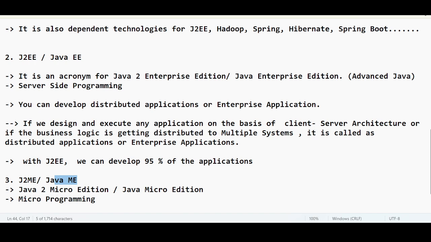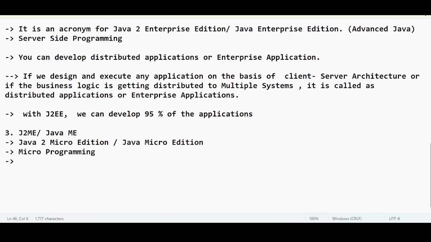When it was introduced in the beginning, during the Java prime period, at that time it had a lot of popularity. Now Androids have taken over the market. So no one is concentrating on this micro programming. So I can simply write this as